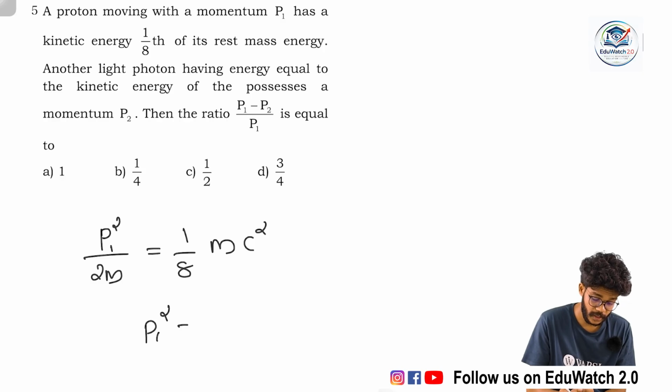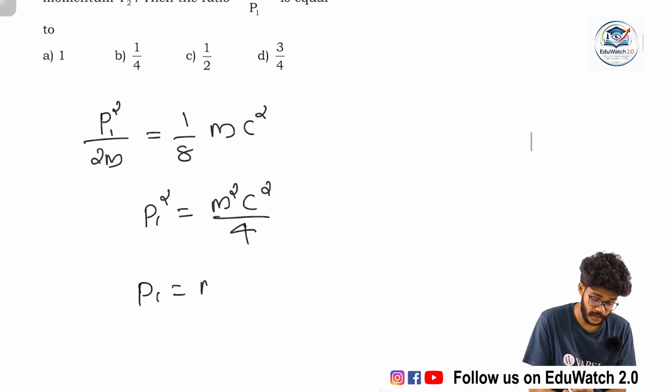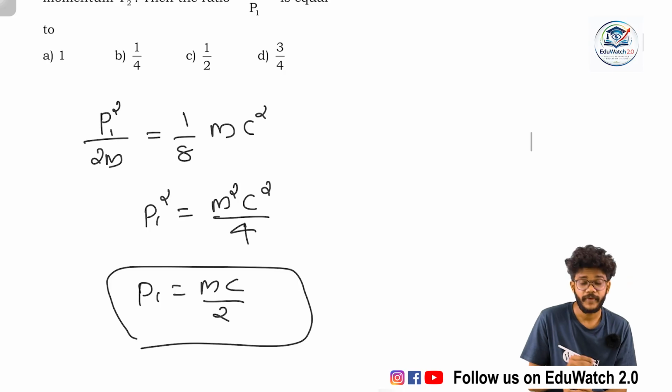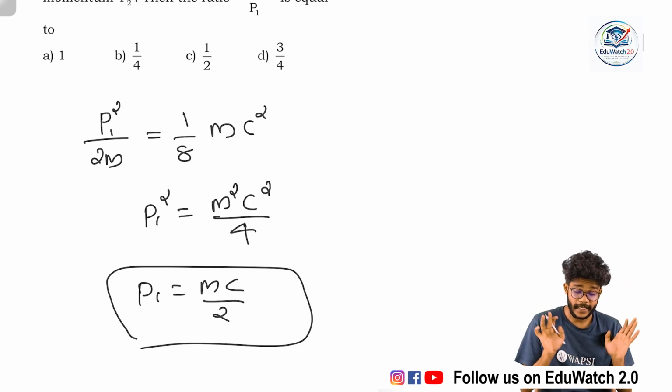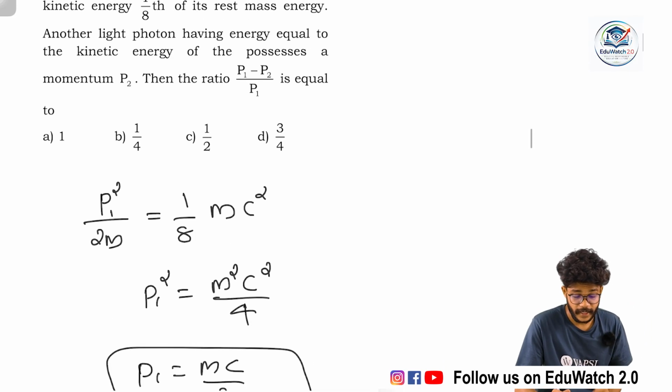So p1 square is equal to m square c square by 4. So p1 is equal to mc by 2. p1 equal to mc by 2. Put that in a box. Okay. Next we can calculate